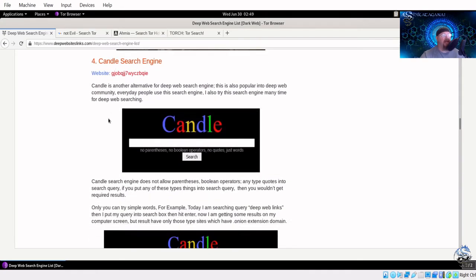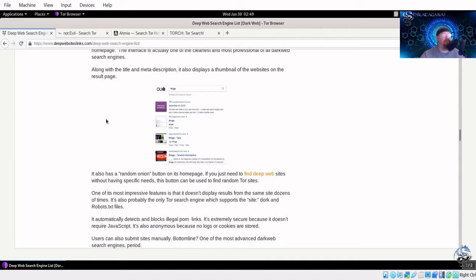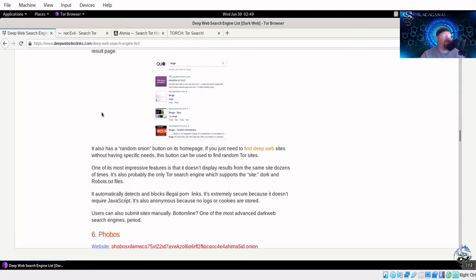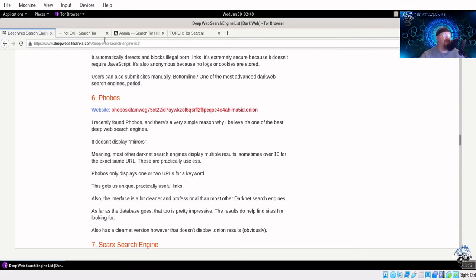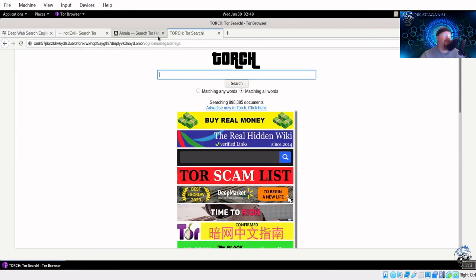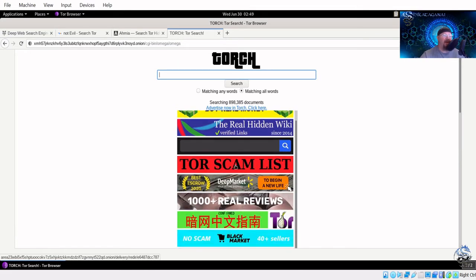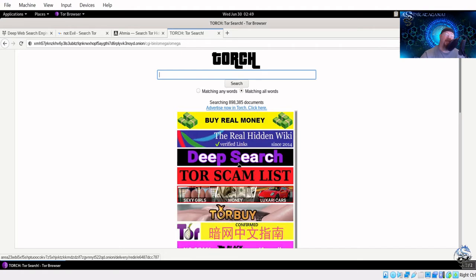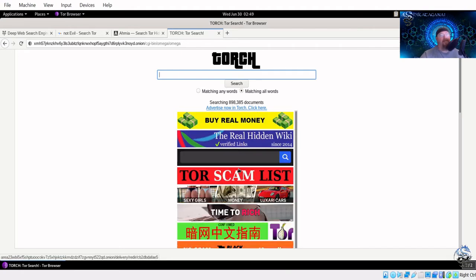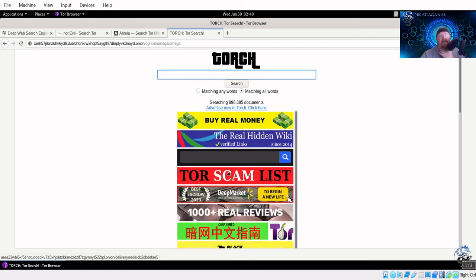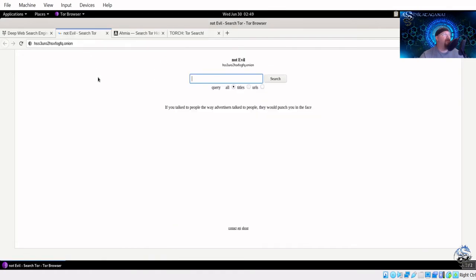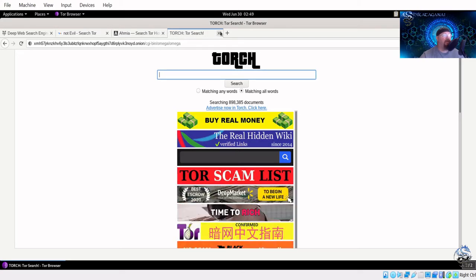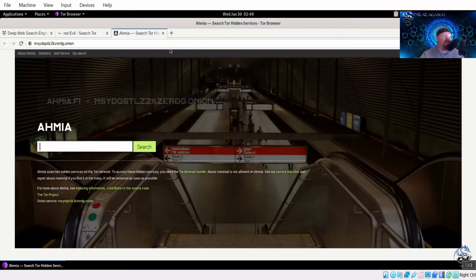So there's other ones like Candle Search Engine. These ones I don't really care for, and I don't ever really use them. Well, actually this one here is pretty popular. But anyways, I don't really use those. These are all a variety of different ones, and I always crack up when I look at this. It reminds me of the old Netscape Navigator GIF graphics on a page, right? From back in 1990, whatever, with AOL. I've never actually used this Not Evil one. I may keep that one up. This Torch one, I don't ever really get much help with that.